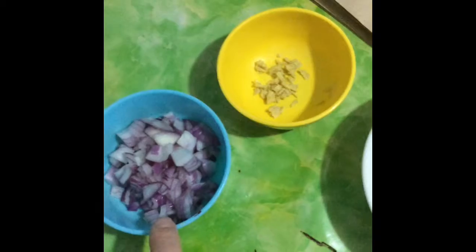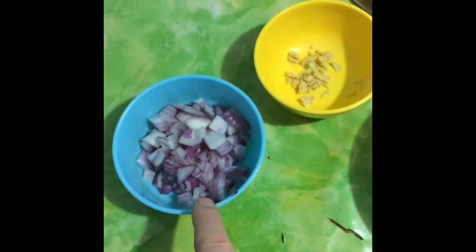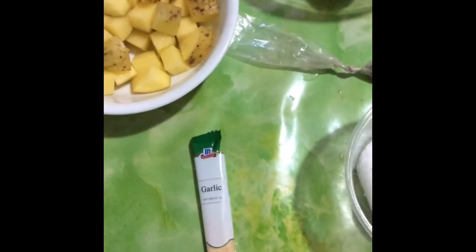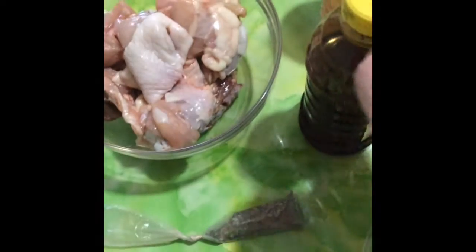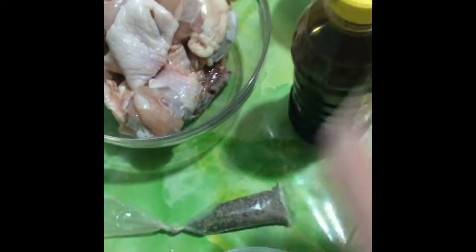Ginger, onion chopped. I actually had one large one, so I just chopped it up. Salt. I got garlic. I'm going to use powder because I want to use this packet up because I opened it up. I have a little bit of magic syrup to put in if I need it. Pepper, ground pepper, soy sauce, and